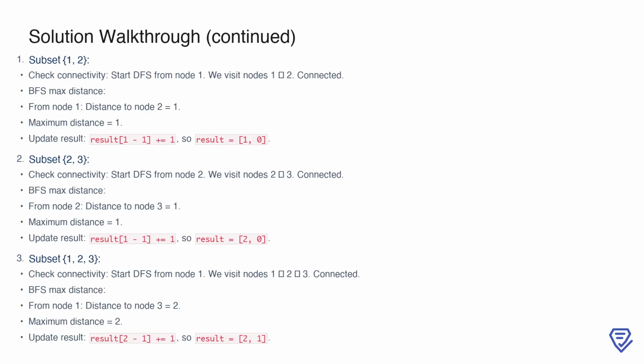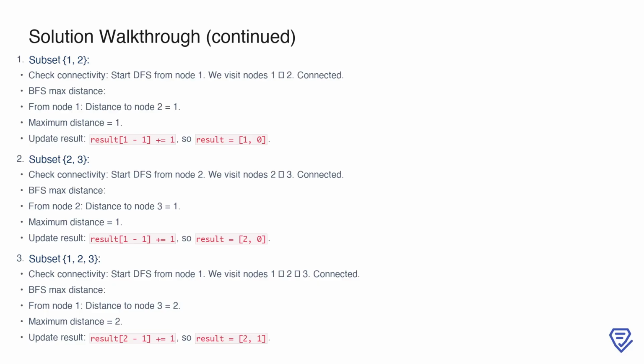Using BFS, we calculate the maximum distance in this subset, which is 1, measured between node 1 and node 2. We update the result array for distances of 1, making it 1, 0. Next, for subset 2, 3, starting DFS at node 2 reveals that nodes 2 and 3 are connected. BFS again shows the maximum distance within this subset is 1, so we update the result array at index 0,